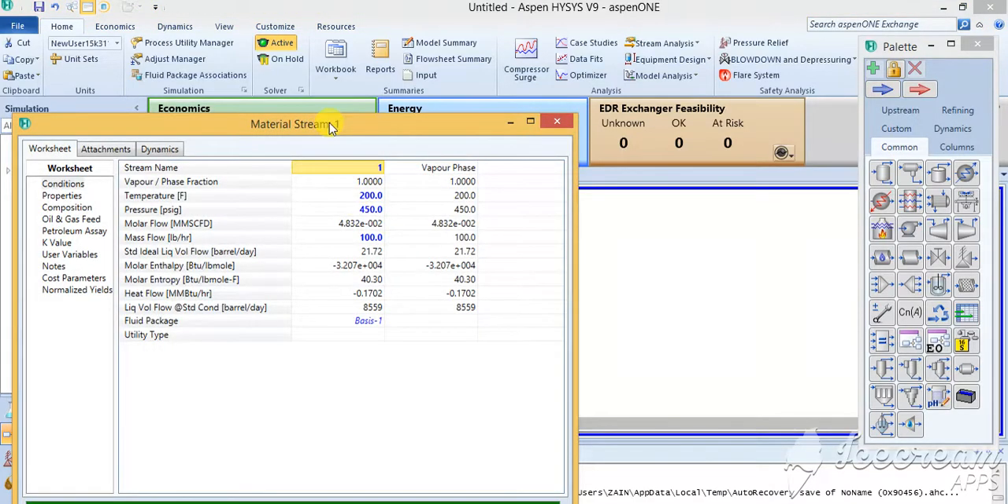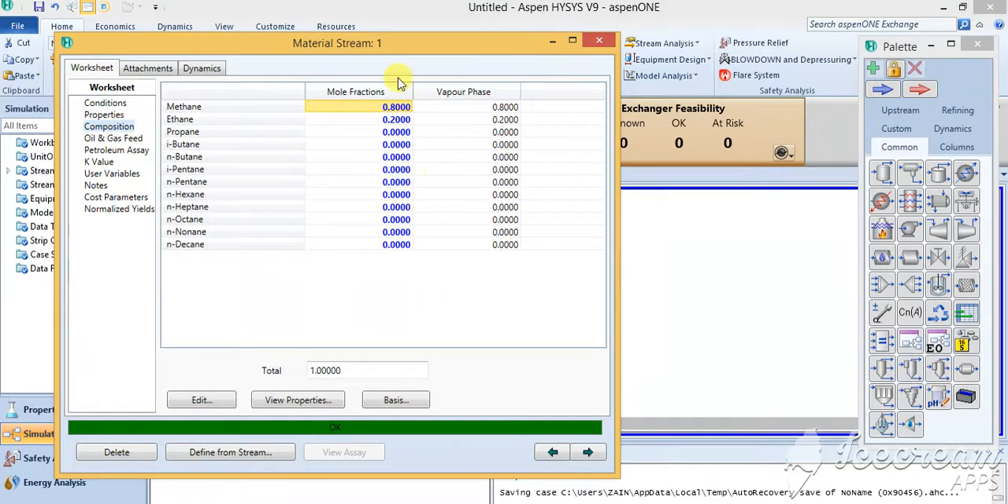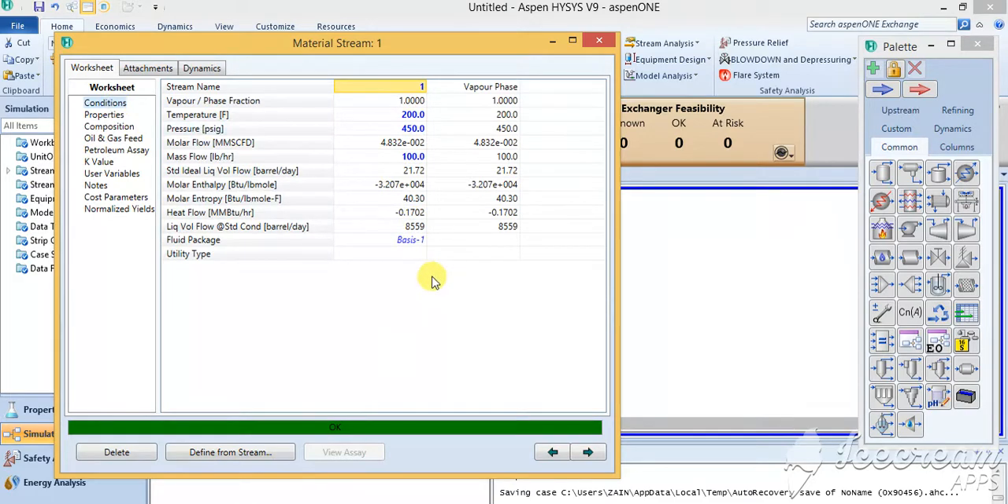So if you can see in the material stream, initially I told you in lecture 2 that when we were not having the composition, there were no properties that we were having. So in this whole Hysys parameters, if you go up here, you are basically using the degree of freedom. Degree of freedom is simply that you give either 2 or 3